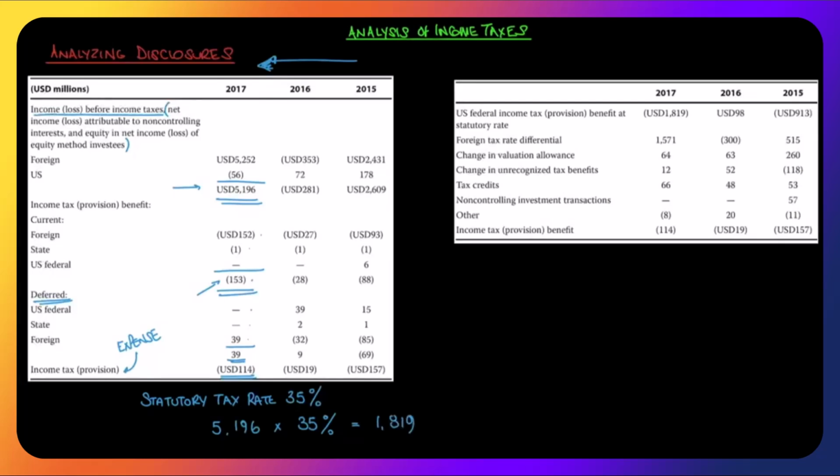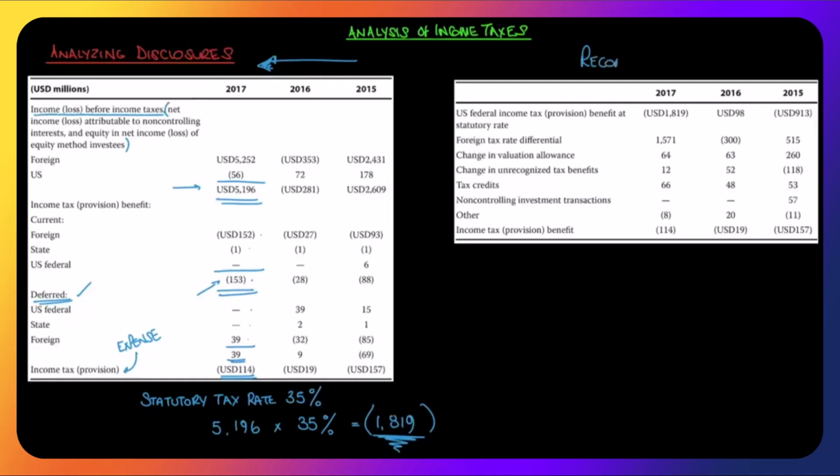And I accept, even if you've read this module, you might say, I accept there may be some deferred tax items bouncing around, but they were only temporary differences. We adjust for them. That makes sure we stay at the statutory tax rate. So why on earth is it not 1819? Why is it only 114? Is a genuine question you should ask and an interesting question,